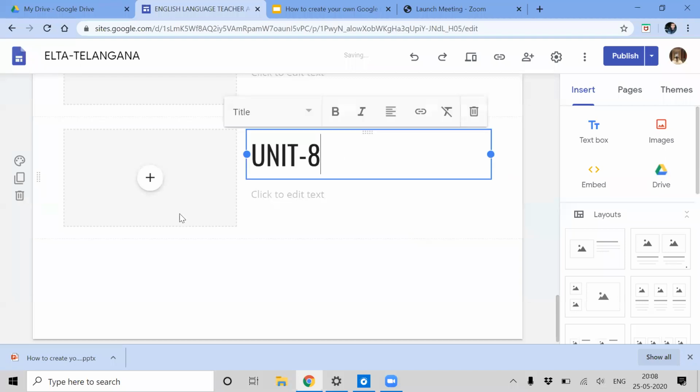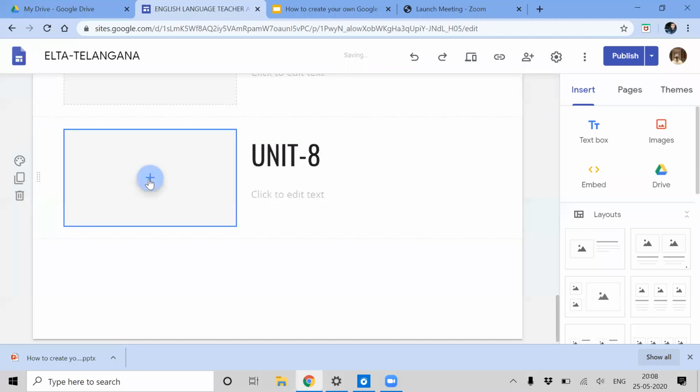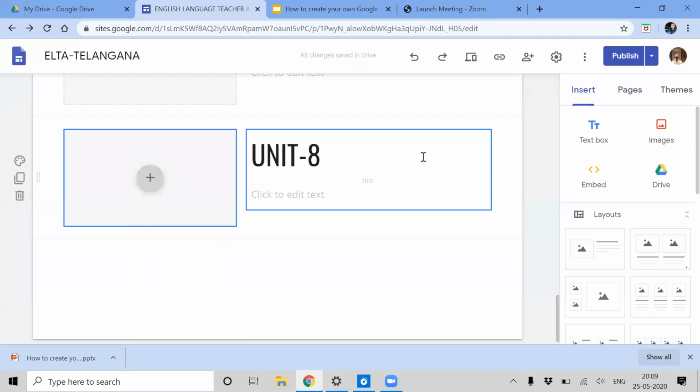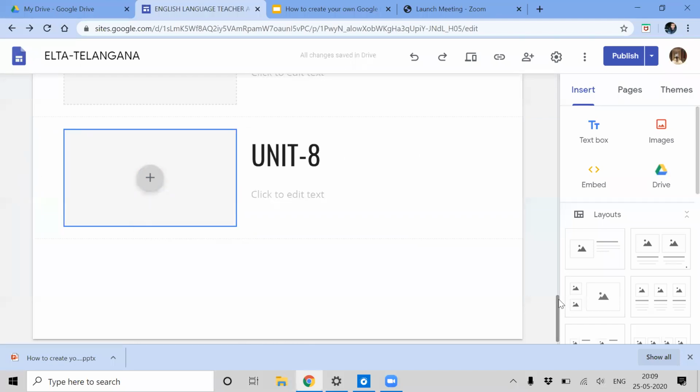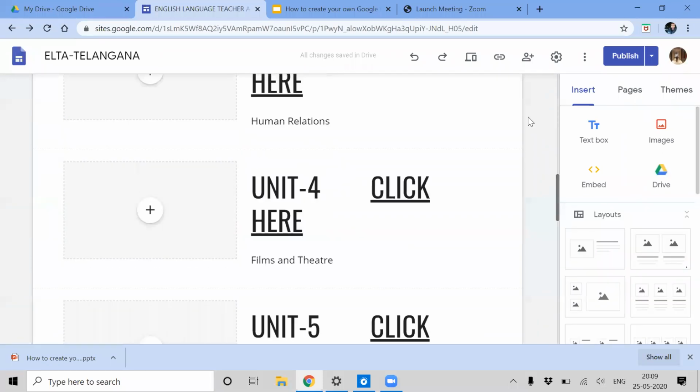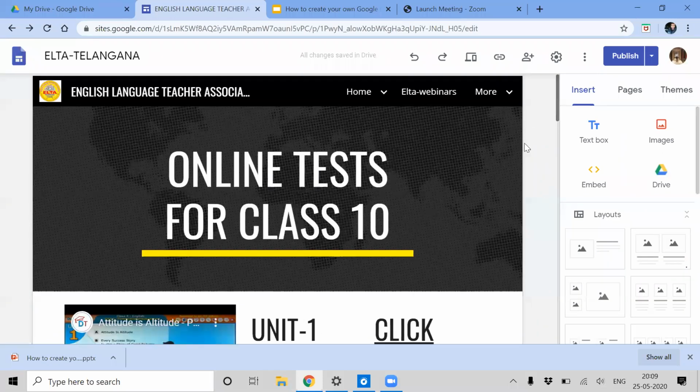So like that we can add an image or a video, anything we can add. From YouTube, from our drive, or upload from your computer, calendar, map, anything you can paste here. After adding these things, you have to publish it every time.